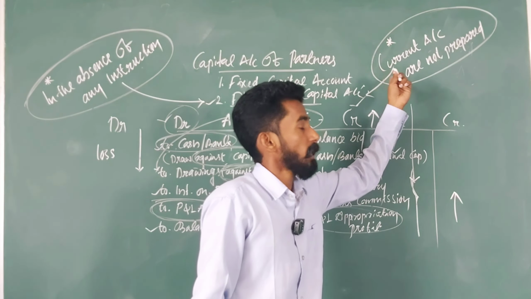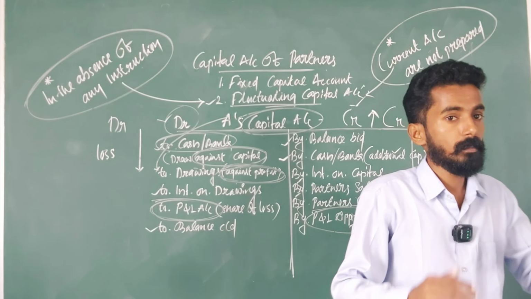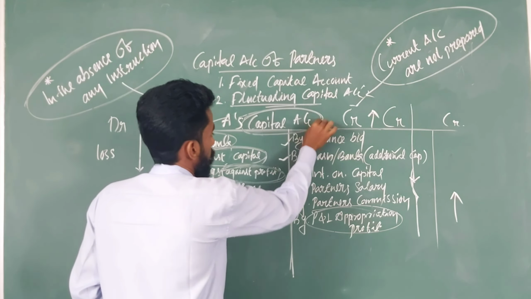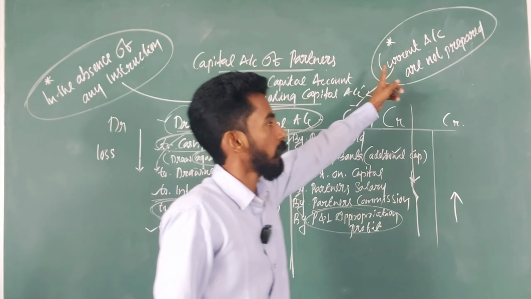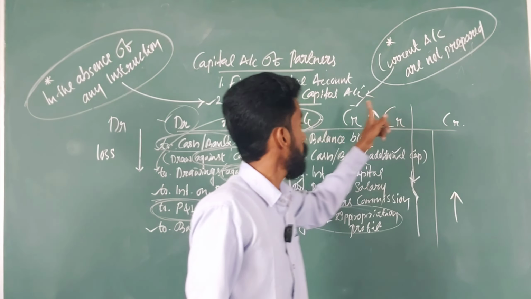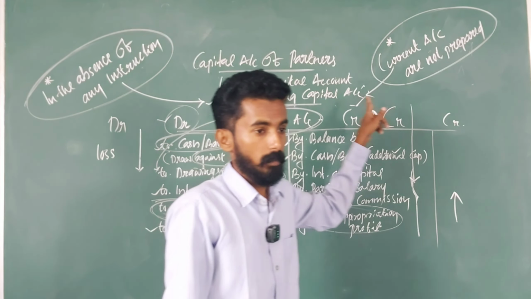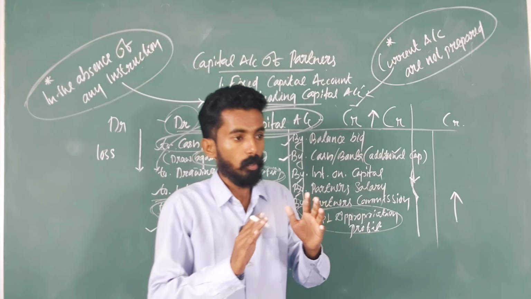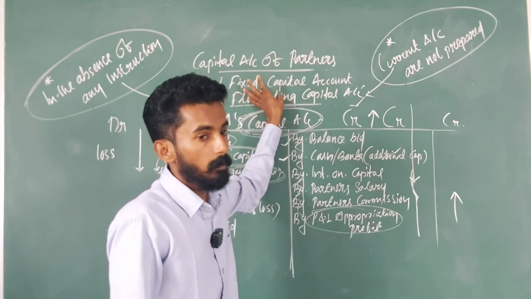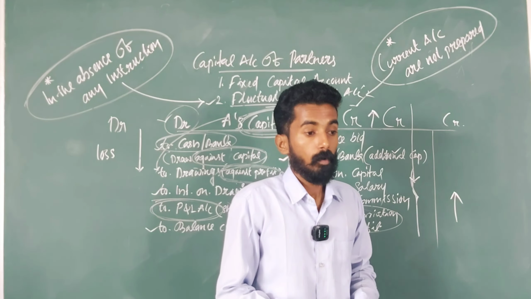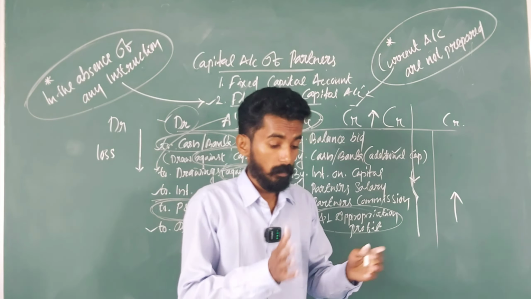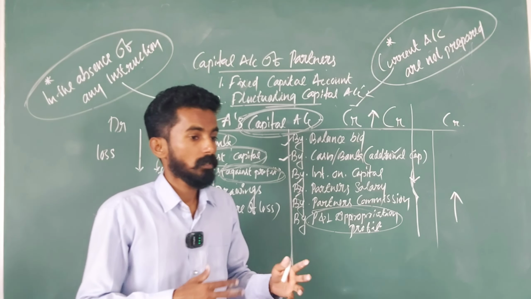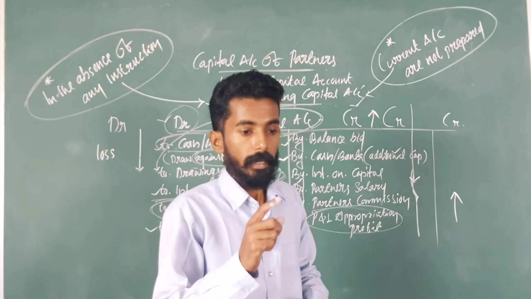Second one is, in case of fluctuating capital method, how many accounts do we need to prepare? Only one account, that is capital account. Current accounts are not prepared under fluctuating capital method. Clear? Today itself, prepare short notes related with fixed capital method and fluctuating capital method, and what are the journal entries which are going to affect these two methods. Okay, so from the next day onwards, we can discuss the exercise questions.